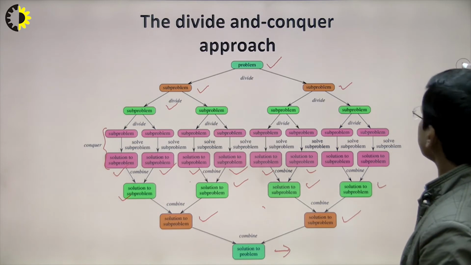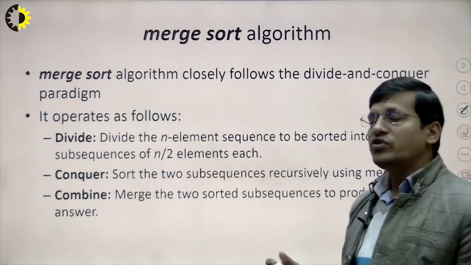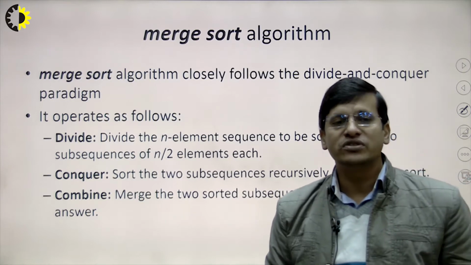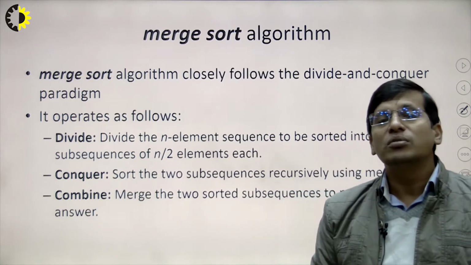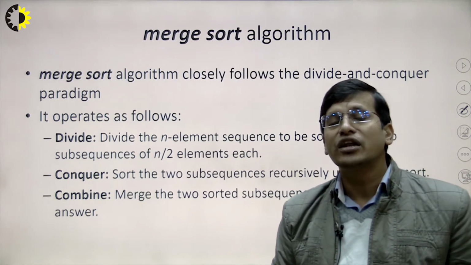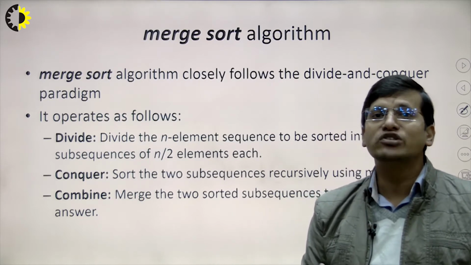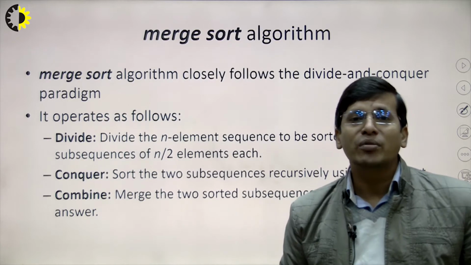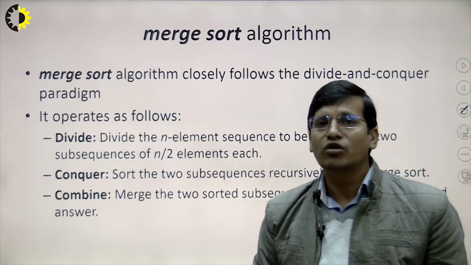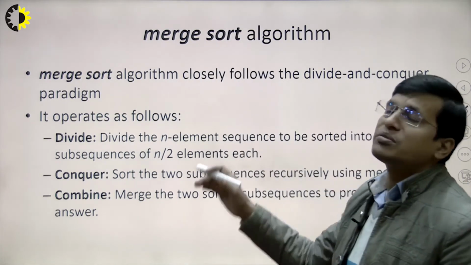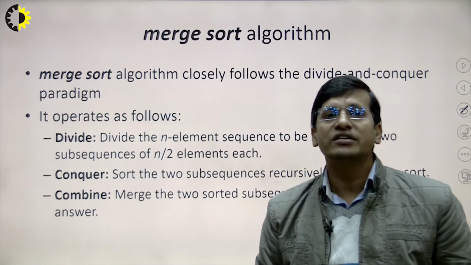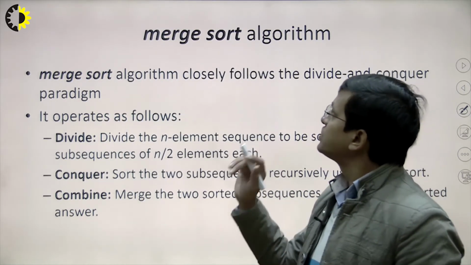Now we see merge sort, and there are various other approaches like quick sort and other sorting algorithms, or other algorithms that are based on divide and conquer. Even some dynamic programming also uses the divide and conquer approach. I am just taking a simple example to understand the divide and conquer strategy, so that's why I am considering merge sort.